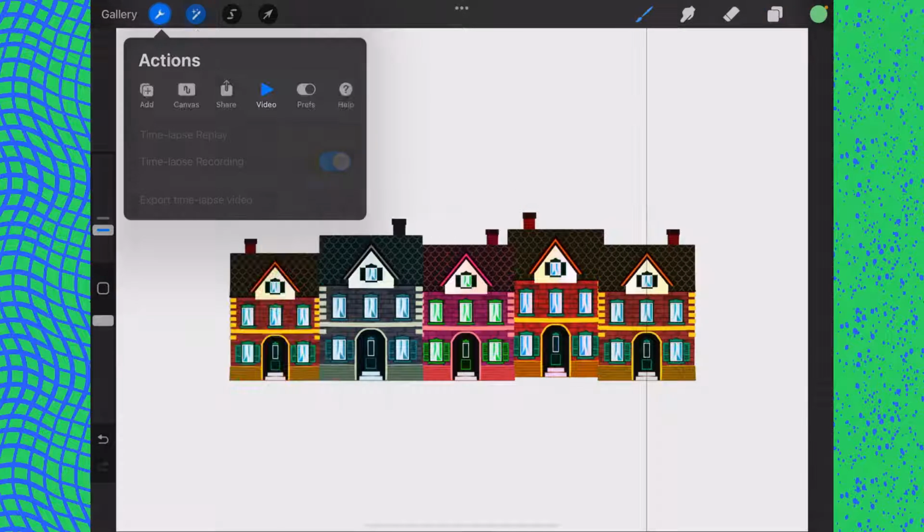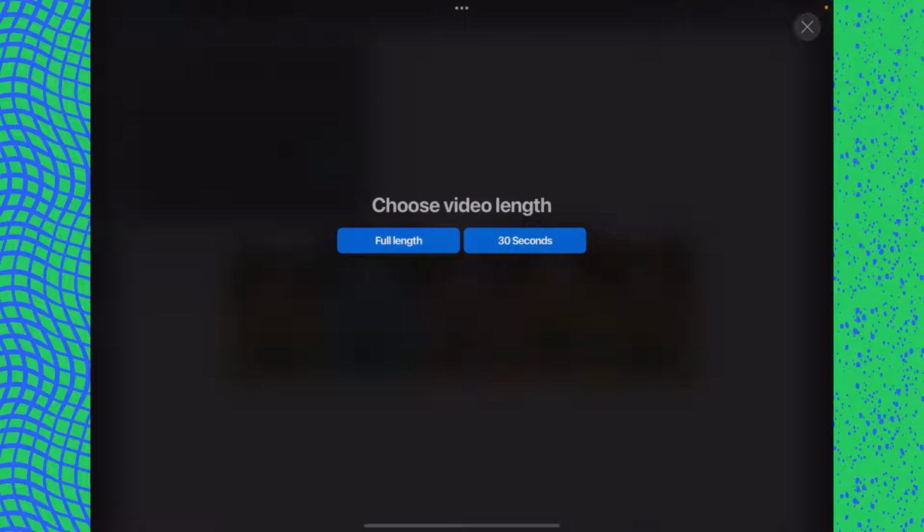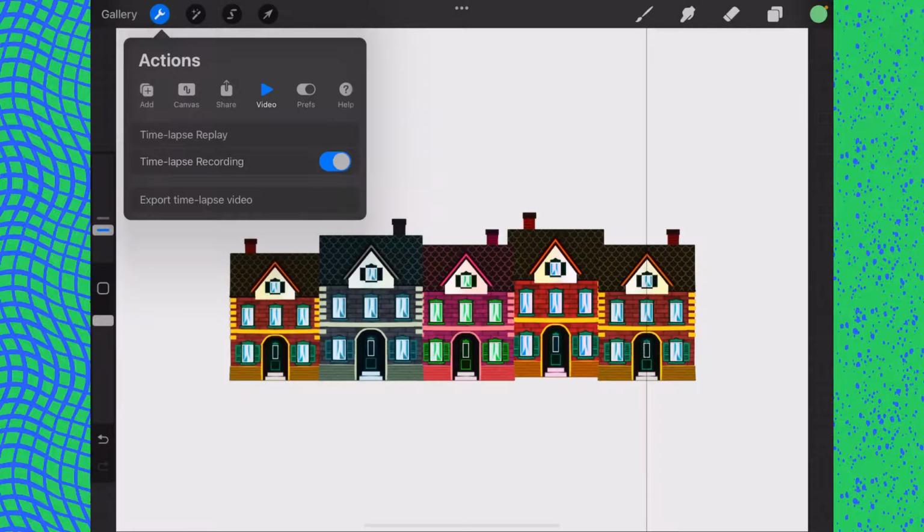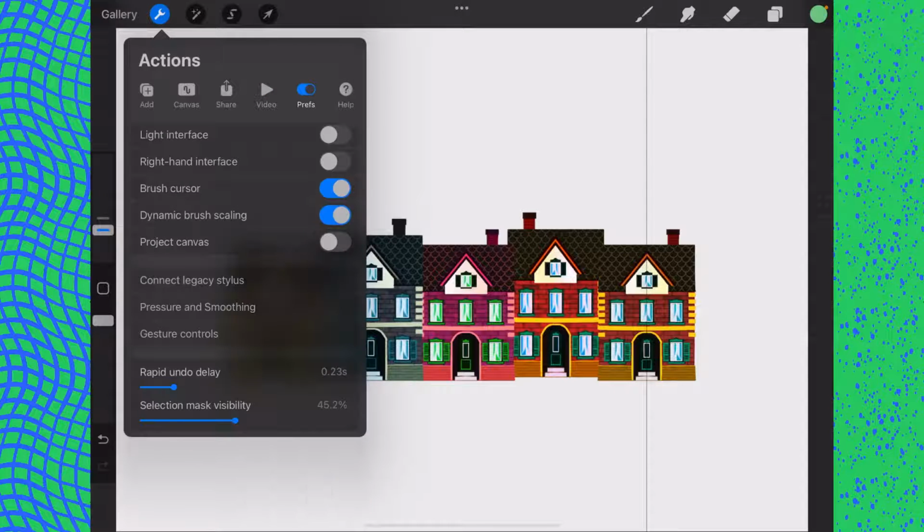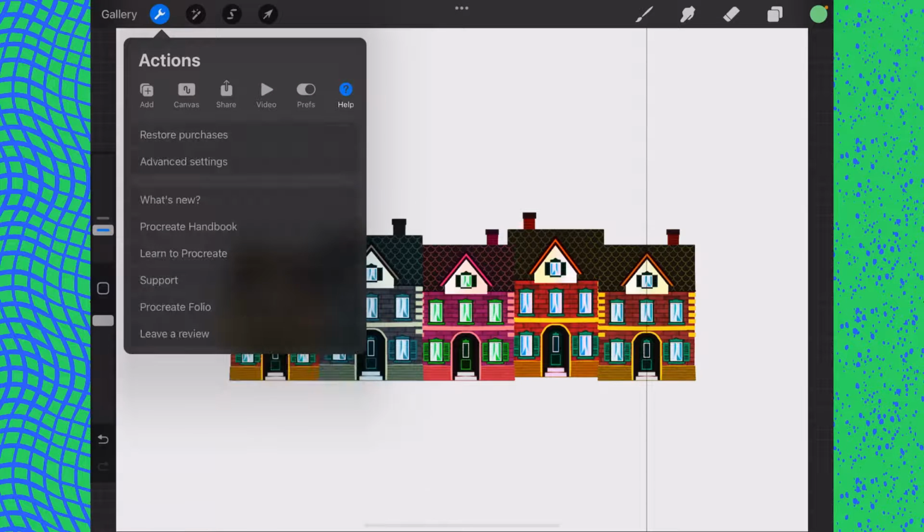When you're saving your time lapse, you can choose to do just the first 30 seconds of it, or you can choose to do the entire thing. In this case, mine would be about 40 seconds long. We're also going to go over preferences and the help. Let's go over help here in this one, and I will handle preferences in our next